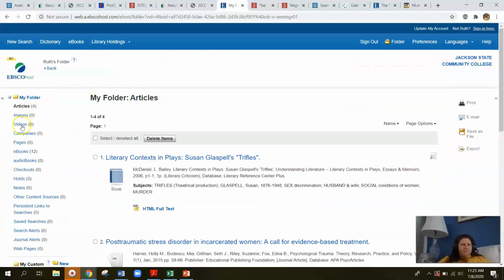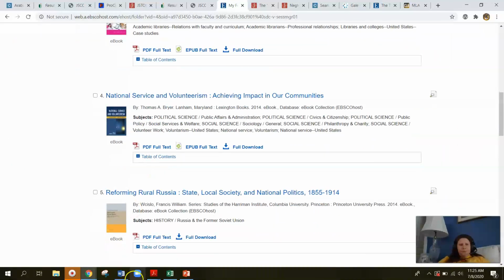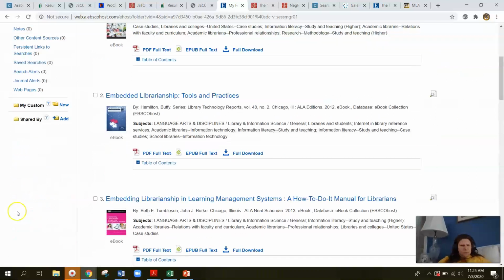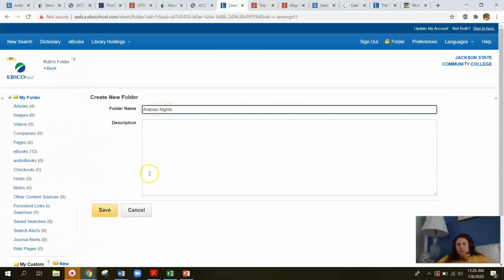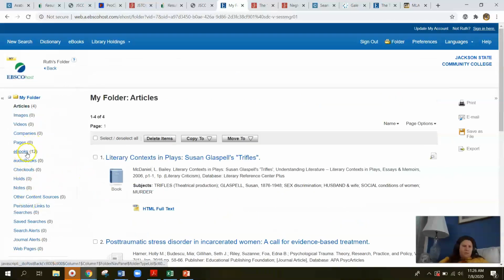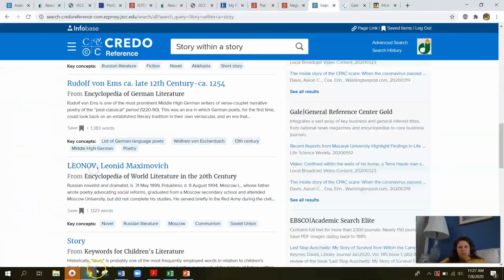These are articles. So you come down to your ebooks, and you have the book you added. You can also check it out if you like, and you can create a custom folder. The point of doing this is that you can have all your Arabian Nights, and that's just one way to help yourself stay more organized. This book, I think that's all.